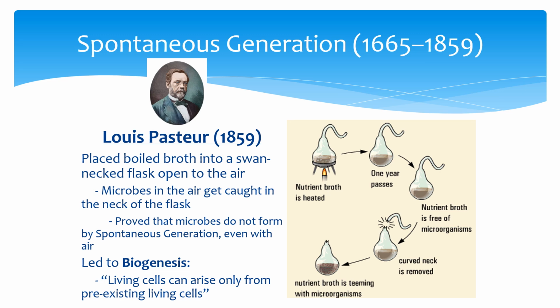So as soon as he broke the swan neck off and had an open line directly into the flask, it then began to grow microorganisms. What this did is help support that microbes do not form through spontaneous generation, even if the flask is open to airflow,